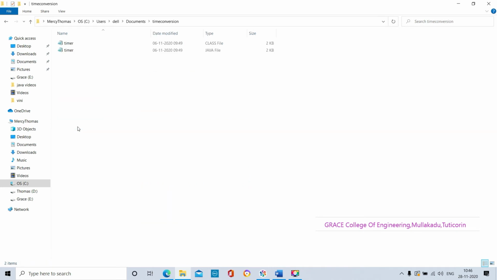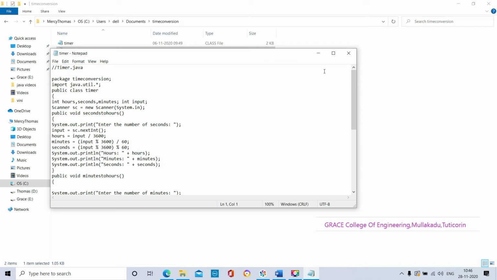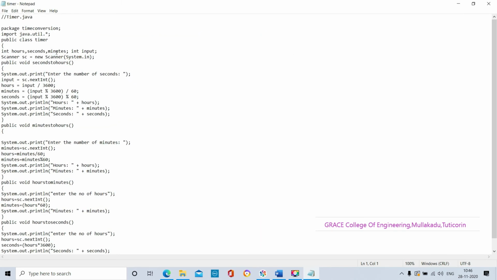This package contains timer.java. I already wrote the Java application program in the notepad and saved it. The class name is Timer, so we save this program as timer.java.